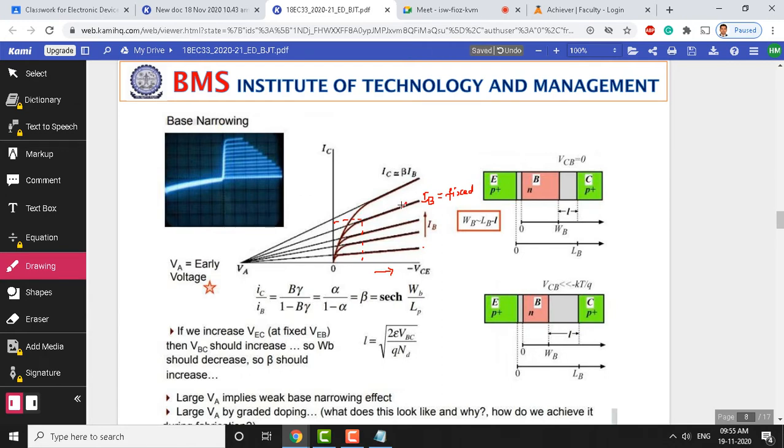Say for example, this particular point, we have some collector current for some collector emitter voltage on the x axis, and for increased collector emitter voltage, let us say we have moved to this voltage, and the corresponding collector current you can observe. There is an increase in the collector current corresponding to the collector emitter voltage increase. So, this is the increased collector current. That means, for a fixed base current, we have two different values of the collector current. So, this is not good for a better amplification.